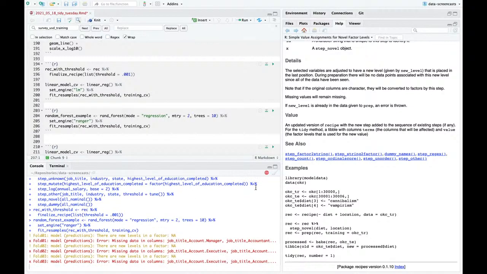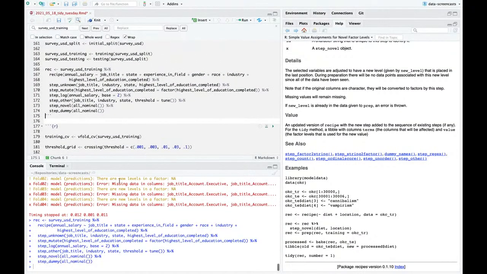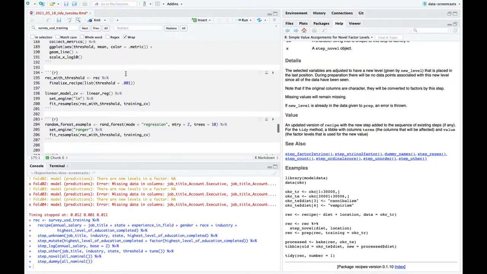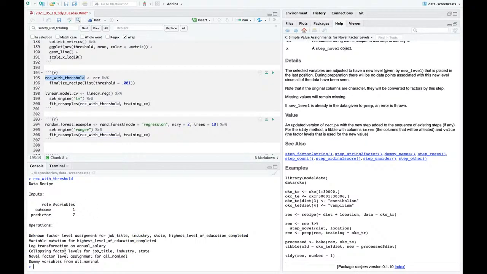Nope, that didn't seem to fix the problem. Well, I did rec. I do rec with threshold finalized, novel factor level assignment for all nominal, dummy variable, small nominal. And that didn't seem to... oh, step